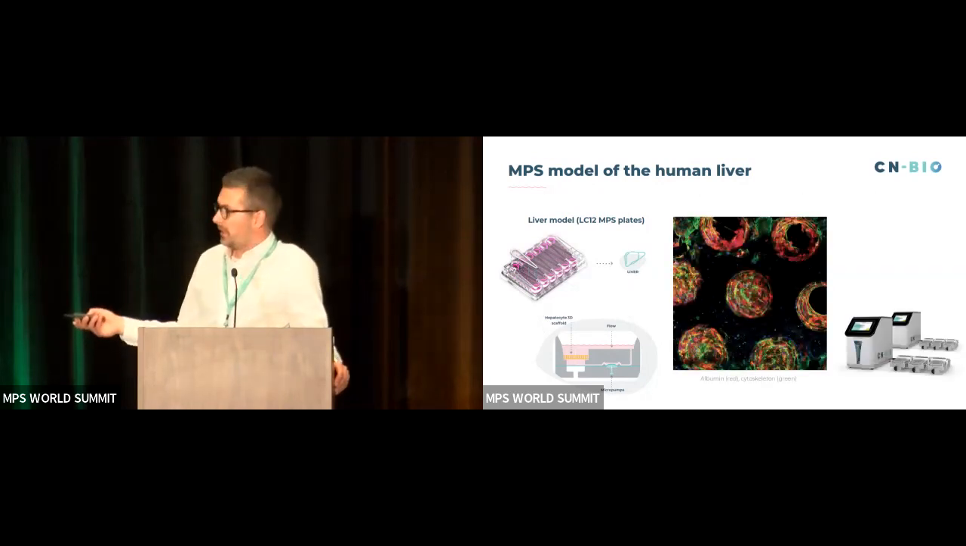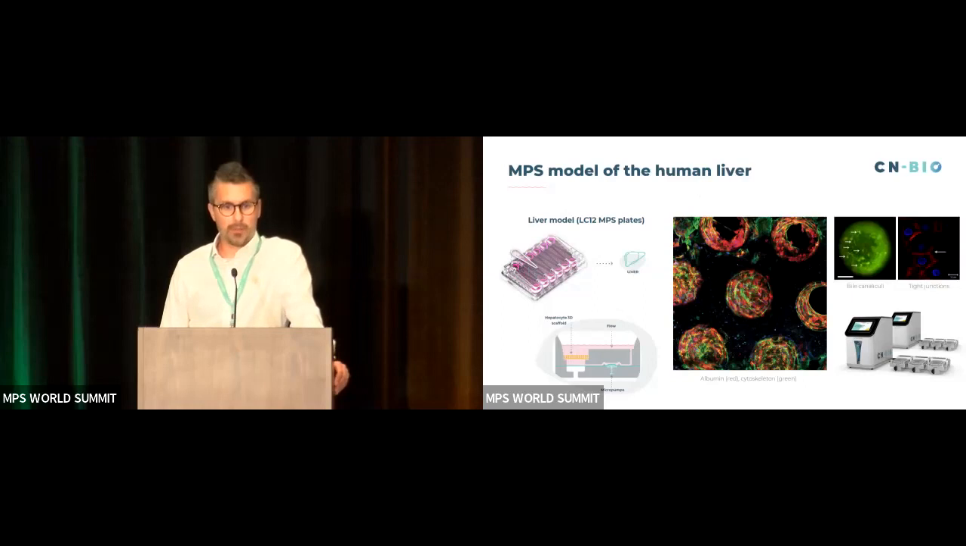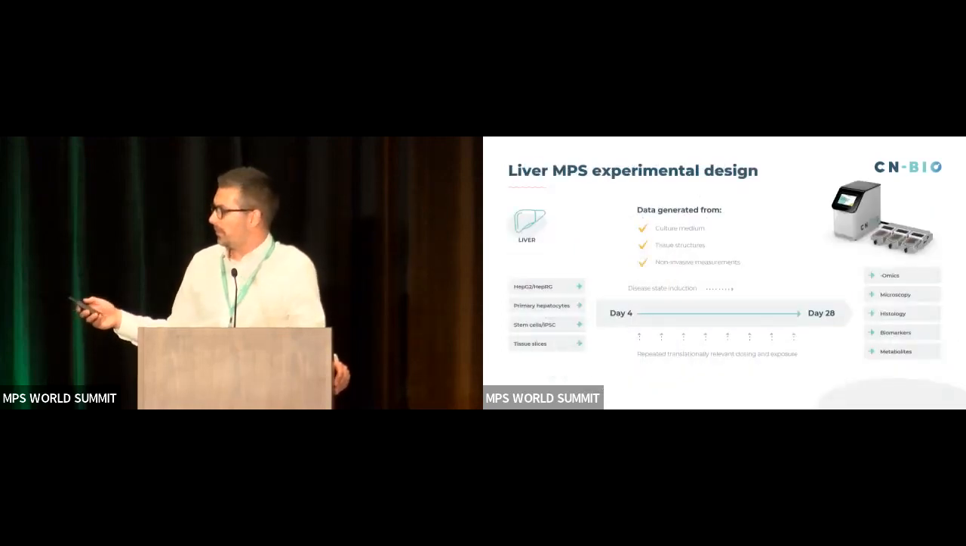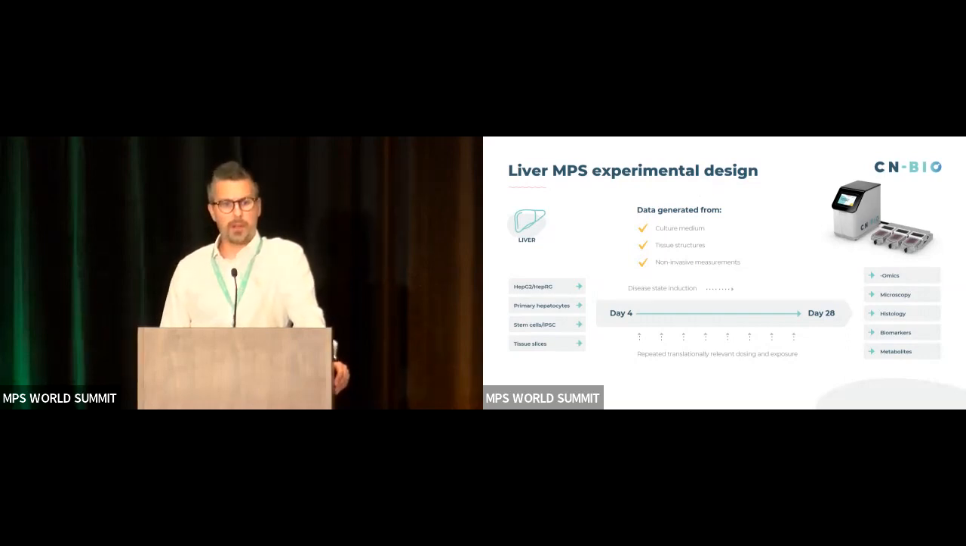So we get these beautiful tissues. They produce key biomarkers like albumin. They have bile canaliculi. They have tight junctions, and all the fluidics is controlled by our control system that you see there on the screen. And so a typical experiment with this setup